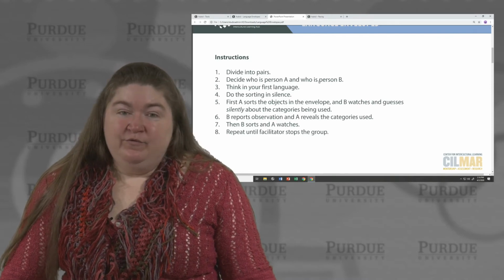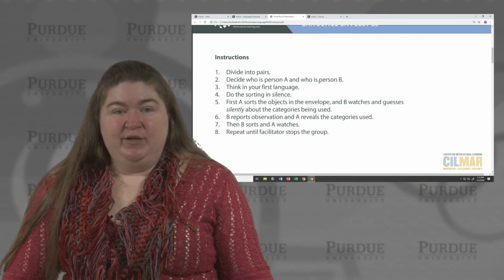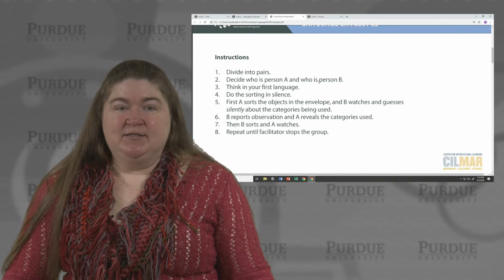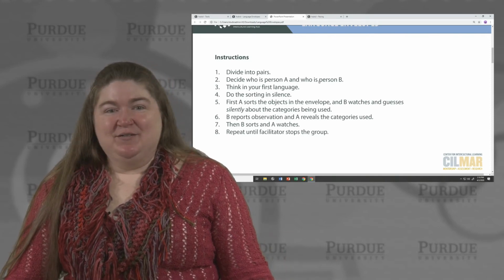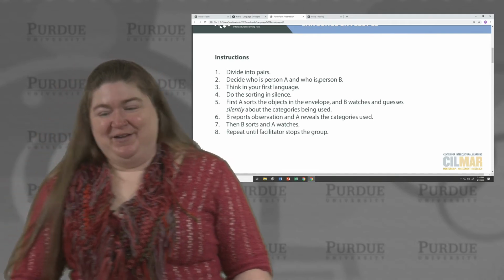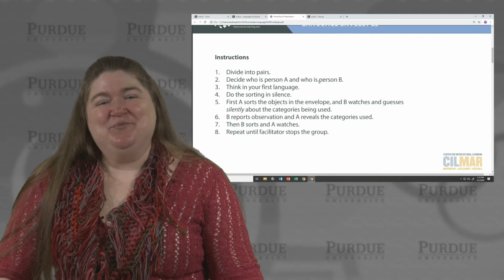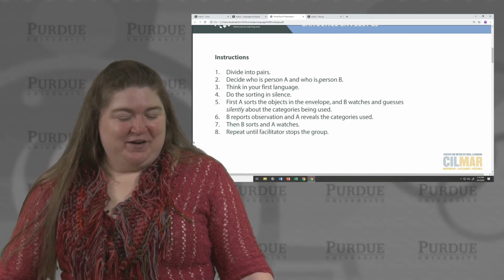The only rule for the coming rounds is that you can't use a categorical system that has already been used. So if the first person sorted based on size, then that's taboo now. You've got to do something else. There's a million different framing systems that could be at play. I don't want to give away too many of them because it's fun to experience and see how creative people are and come up with their categories.